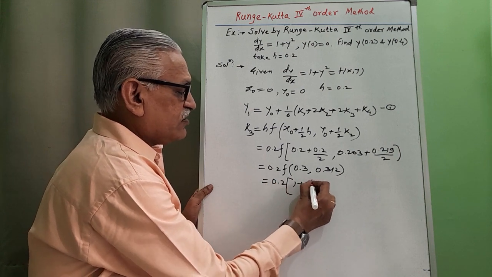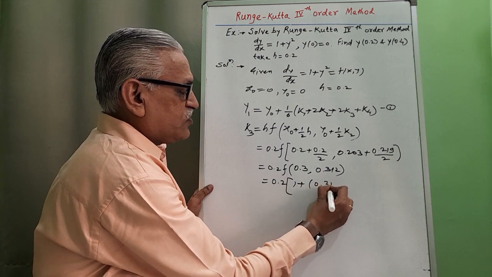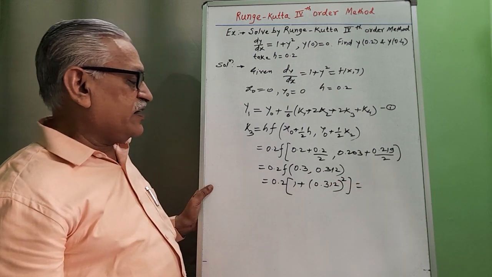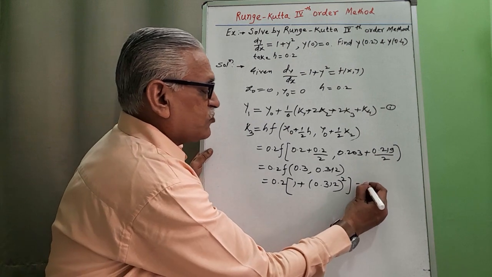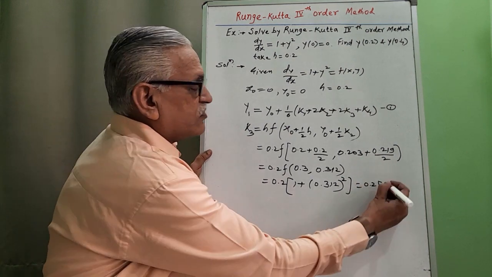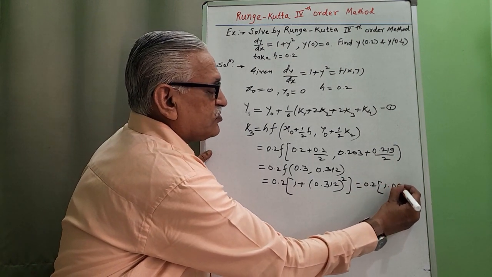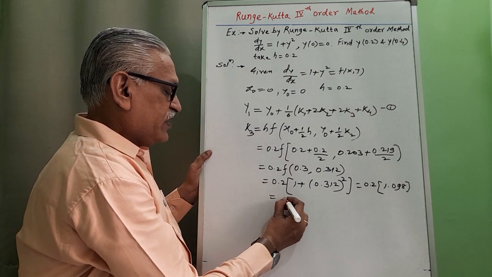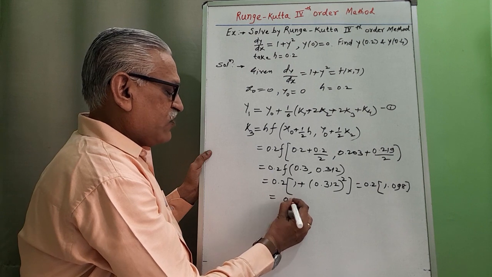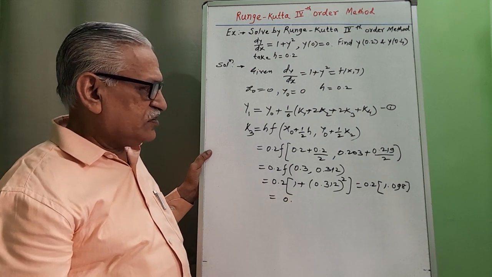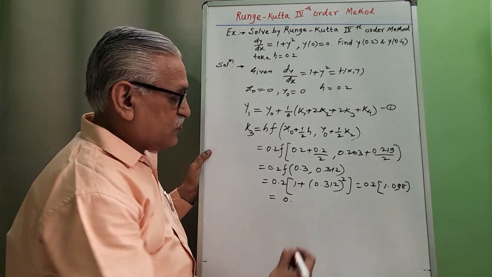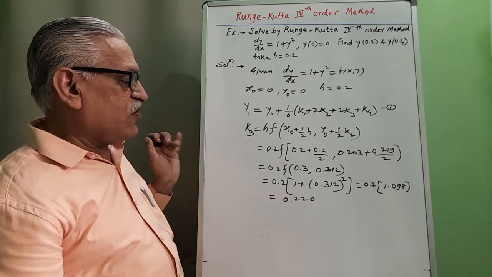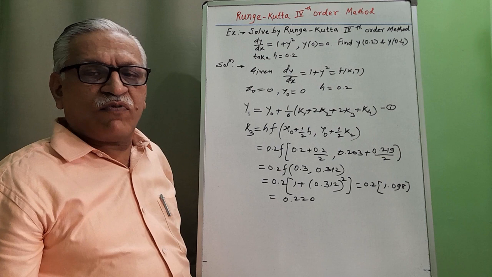plus y square, 0.312 square, and therefore it is 0.2 multiplied by 1.098 into 0.2, we get that value as 0.220, the value of k3. Then we perform for k4,